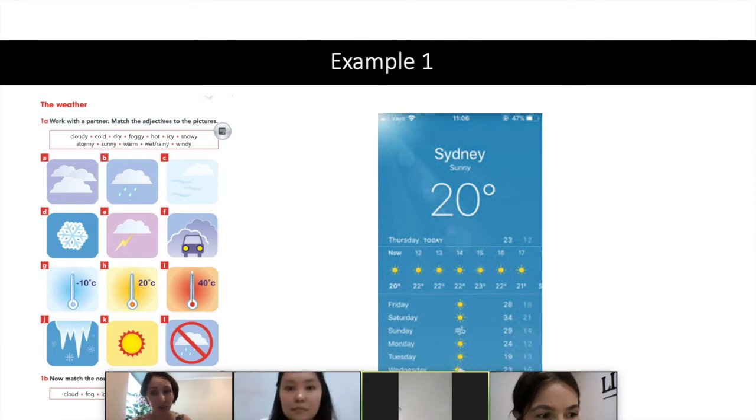Because in the morning when you wake up, you go to the window to check your weather and you open up your screen to see how the weather will change during the day, what you should wear, and compare it, for example, to the weather in a different city of Kazakhstan. This can be done by simply allowing your students to use the technology, the app, and not by scanning the pages. So that's what is meant by making an activity realistic and meaningful: to enable them to use English in a true and natural environment.